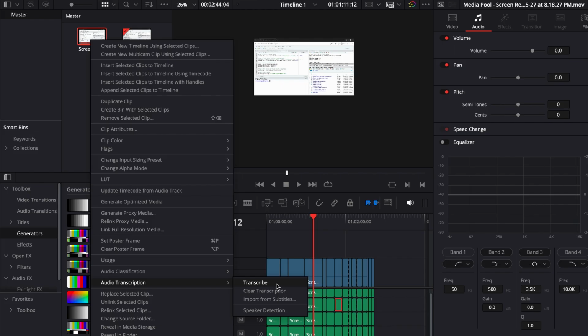But believe me, everyone is saying that their auto transcription is pretty good. So that's how you can simply do auto transcription using DaVinci Resolve audio transcription option here within the DaVinci Resolve if you have the paid